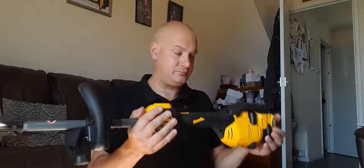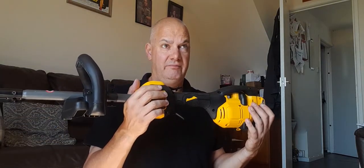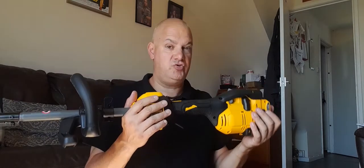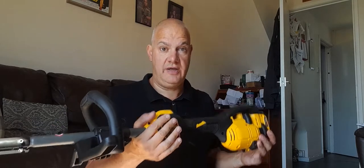Again, it's a lightweight thing. It says on the box 4.3 kilos, but this is 3.4 kilos. With the battery on, it's probably 4.3 kilos. So it's alright, it's not bad. It runs on